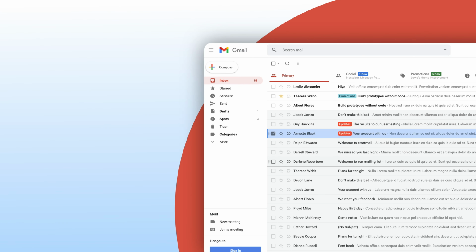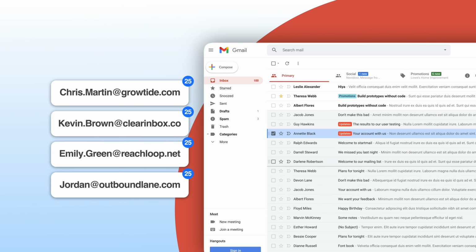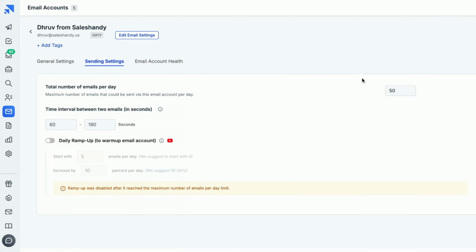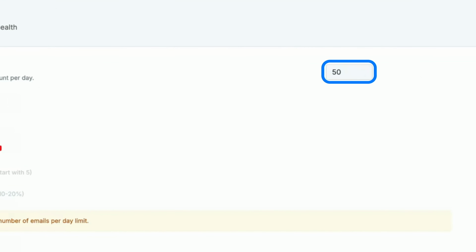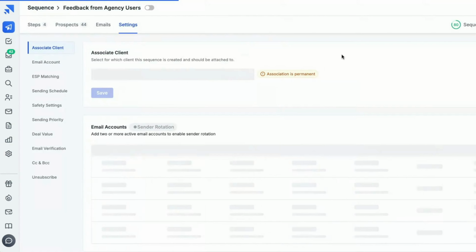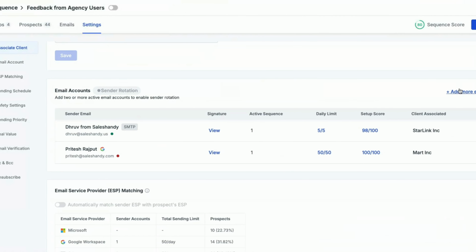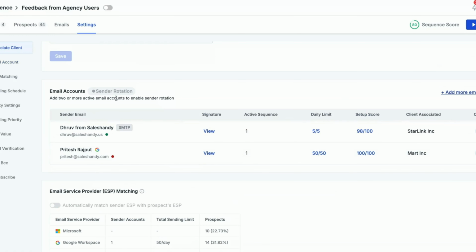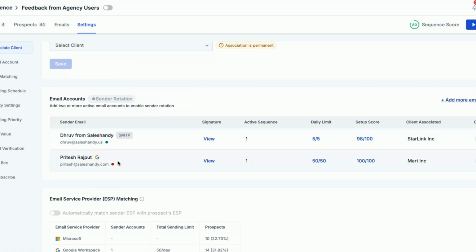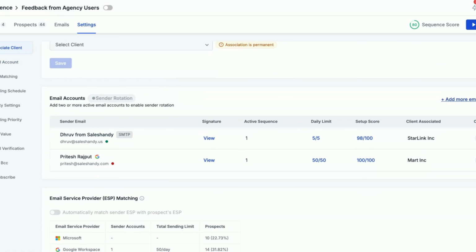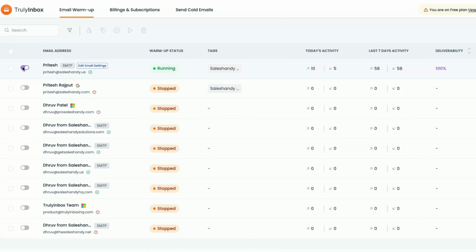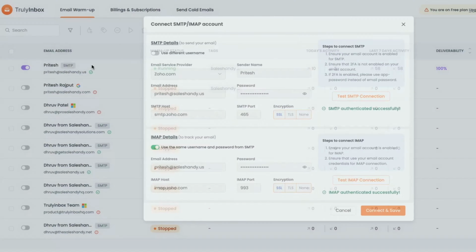You need to spread your email volume across multiple email accounts. In Saleshandy, you can see I've already connected multiple email accounts, and the golden rule is never send more than 50 emails per day from each email account. Because the real challenge is not just sending emails, but sending them to the inbox. That is why I also rotate my sender accounts in Saleshandy so that none of my email accounts get burned out and my sender reputation always stays high. Additionally, I also warm up my new email accounts before sending so my emails never end up in spam and the sender reputation is always intact.